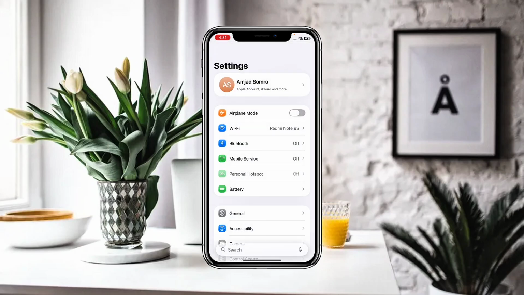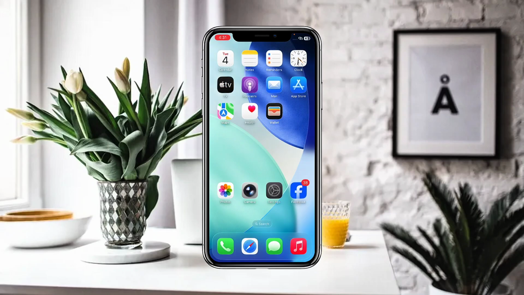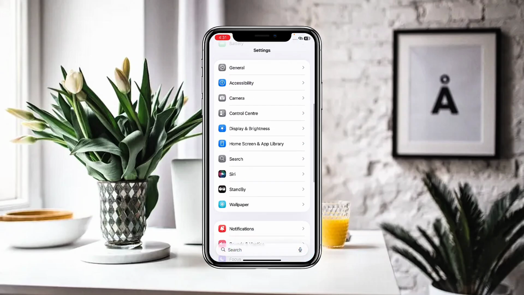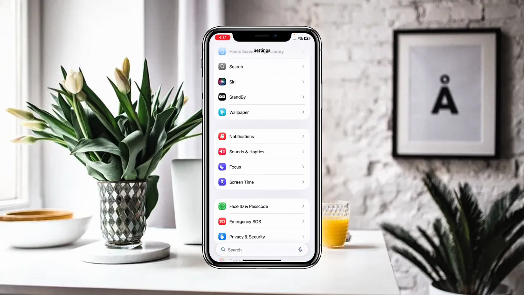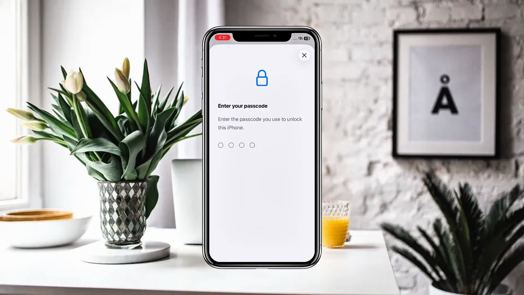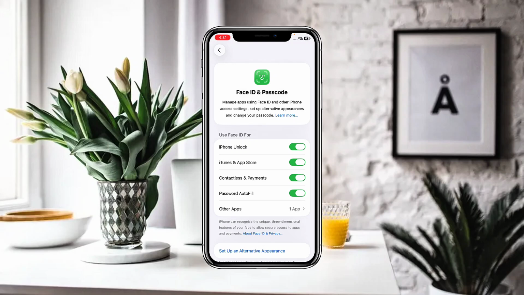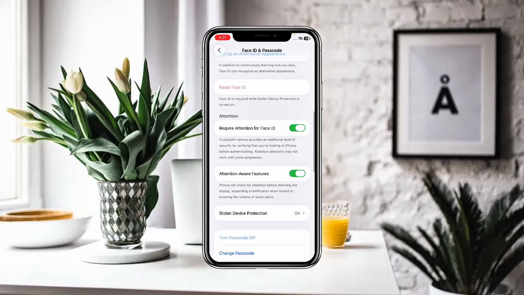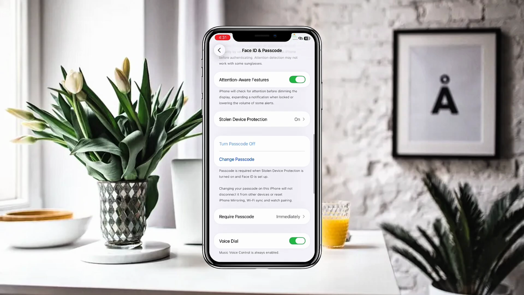Now go to Settings again, and this time look for Face ID and Passcode, and make sure that you remember your passcode. After providing the passcode, look for Stolen Device Protection. And here, if you want to